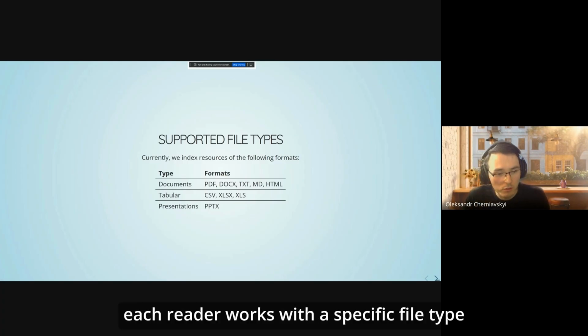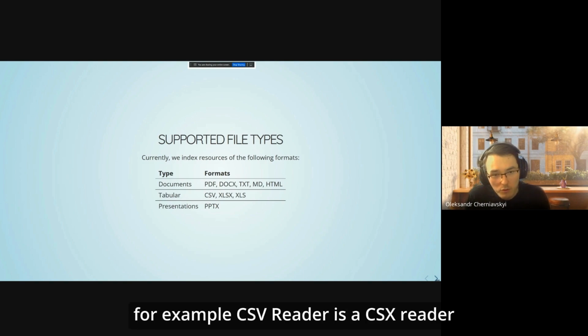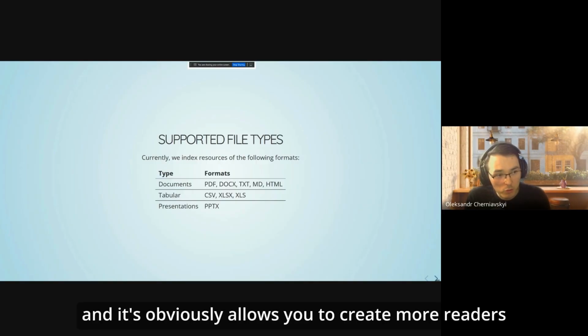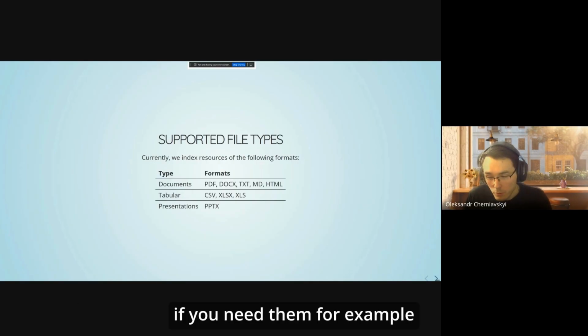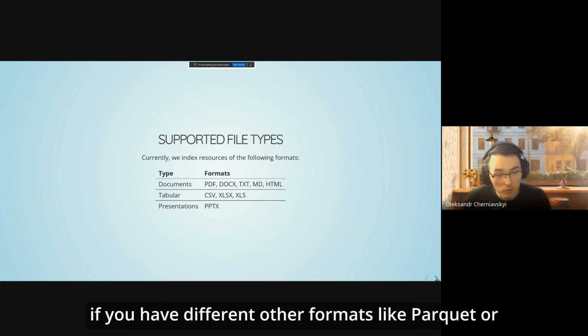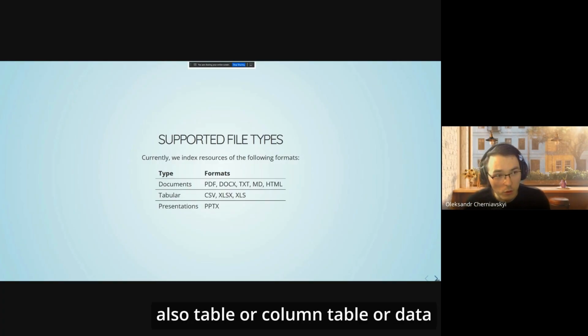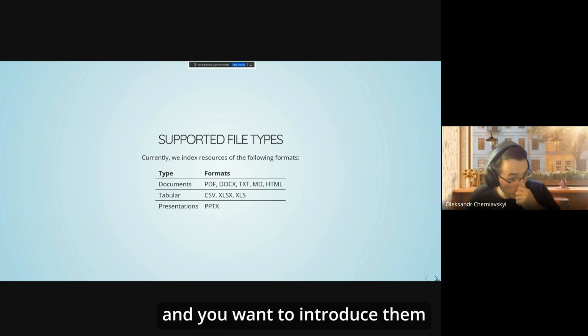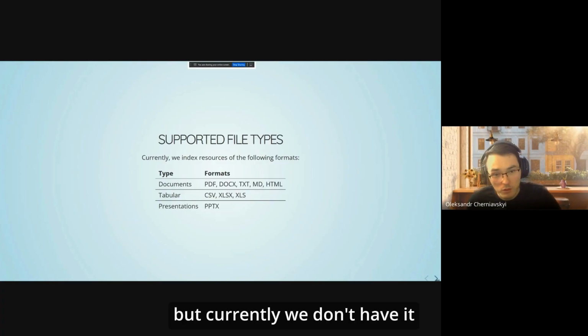Each reader works with a specific file type, for example the CSV reader and the XLSX reader, and you can create more readers if you need them. For example, if you have other formats like Parquet or ORC that also have tabular data and you want to introduce them, we can add support for them, but currently we don't have it.